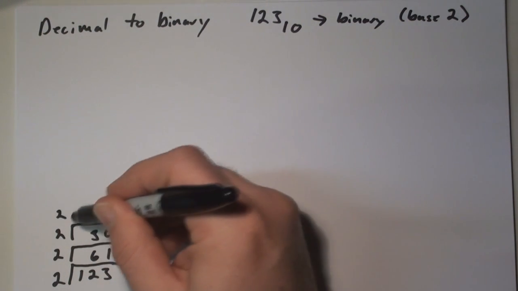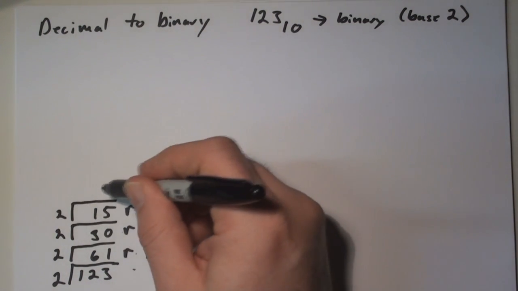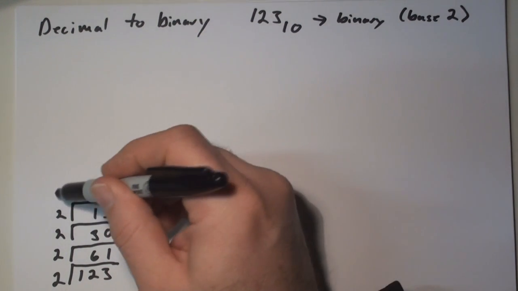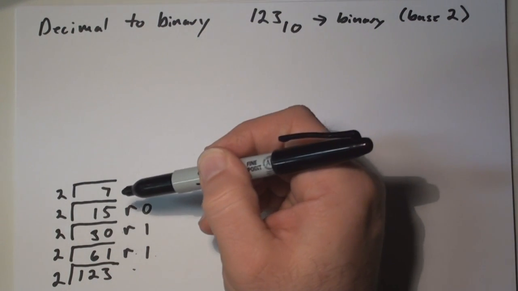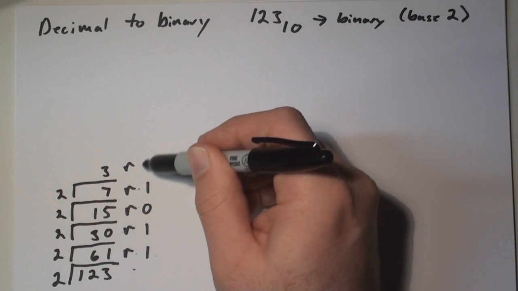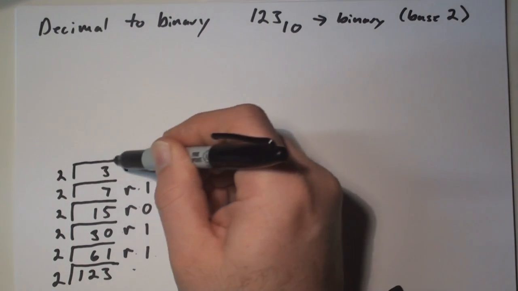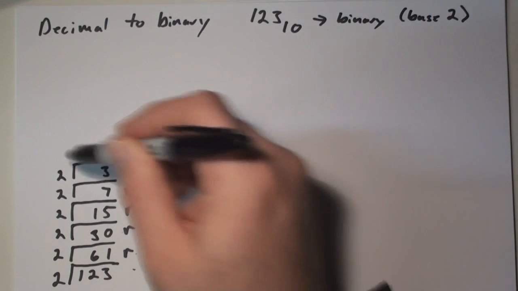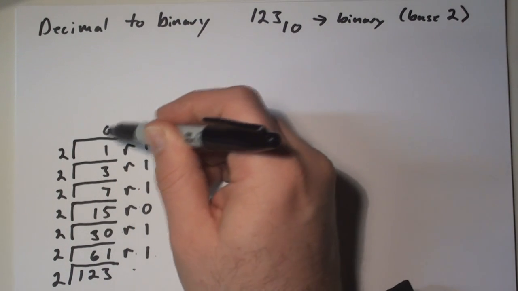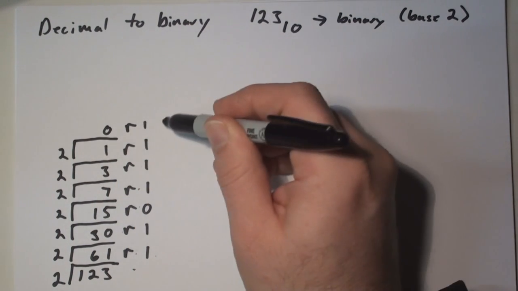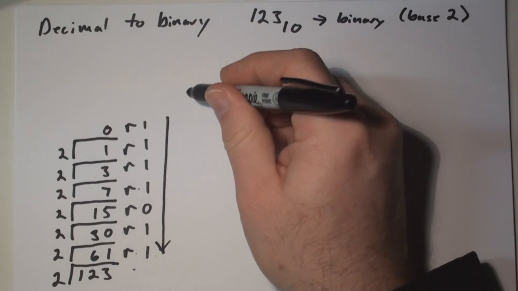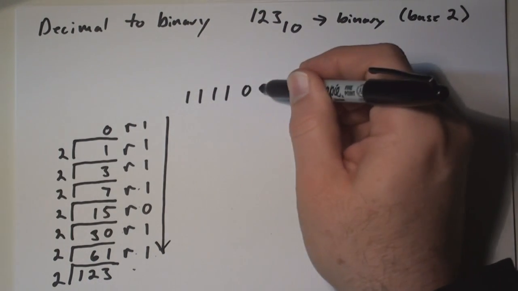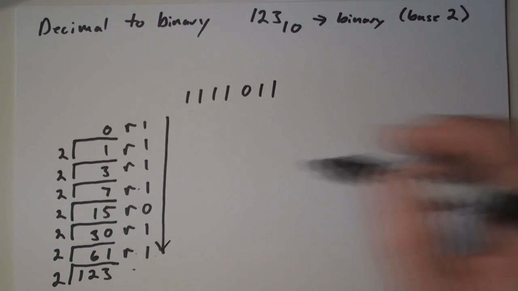Then we divide 15 by 2. 15 divided by 2 is 7 with a remainder of 1. Then we divide 7 by 2. 7 divided by 2 is 3 with a remainder of 1. And we divide 3 by 2. 3 divided by 2 is 1 with a remainder of 1. And then 1 divided by 2 is 0 with a remainder of 1. If you read the remainders from the bottom up and rewrite it from left to right, this is the binary number. So 123 in binary is